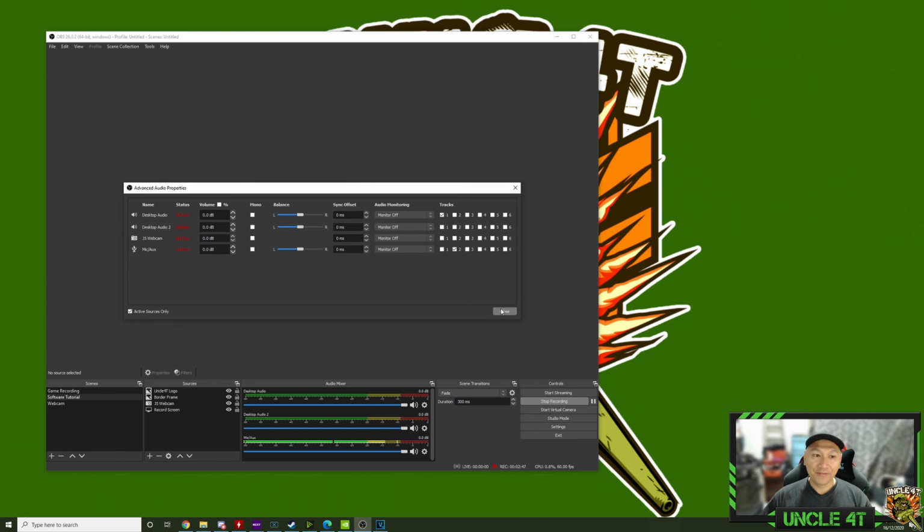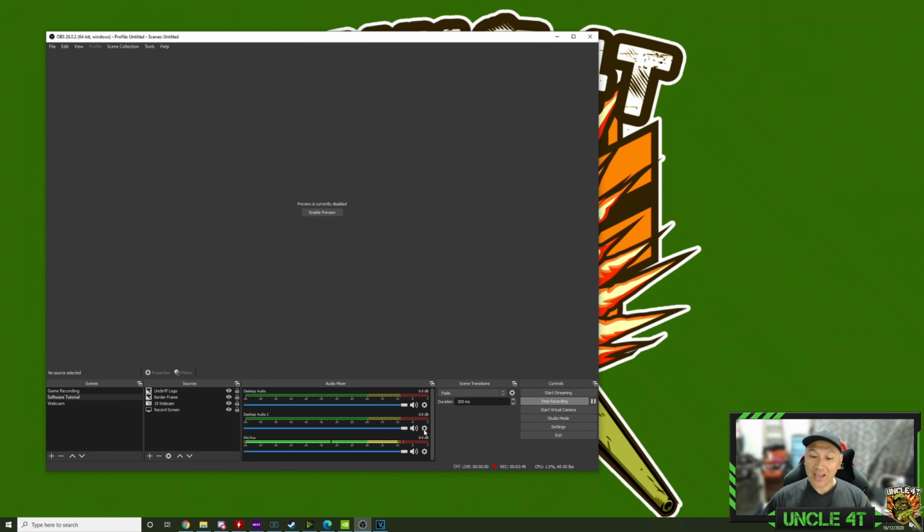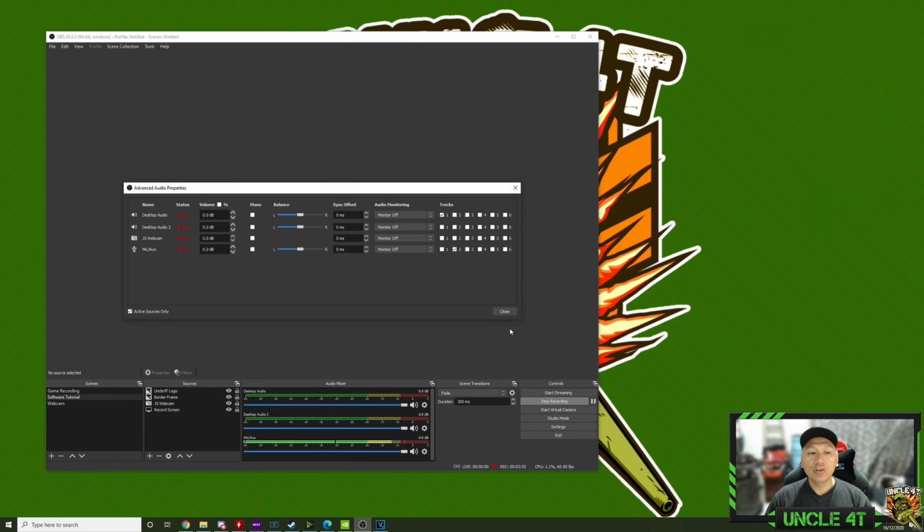Right here, see the Advanced Audio Settings. Just right click on any, you don't have to do it one by one. One is for all. So, Advanced Audio Settings, and you'll get this Advanced Audio tab. Okay, and you'll see here Desktop, Desktop 2, and Mic, and these are the three sound sources that we are getting